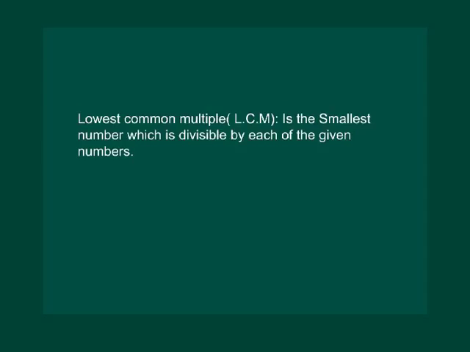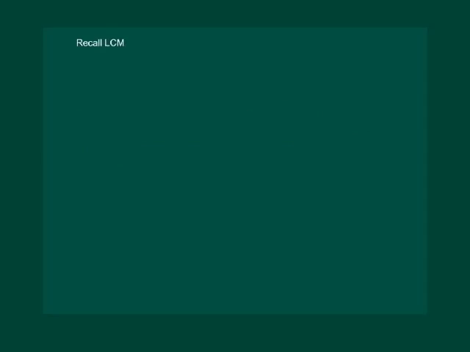Lowest common multiple, or the LCM, is the smallest number which is divisible by each of the given numbers. Let us now recall LCM. We start with the method of finding the multiples. Say we have to find LCM of 6 and 15. We first find the multiples of 6 and multiples of 15. Multiples of 6 will be 6,